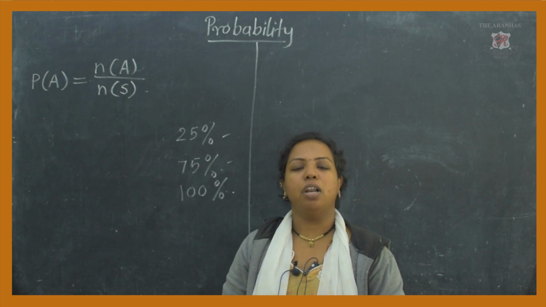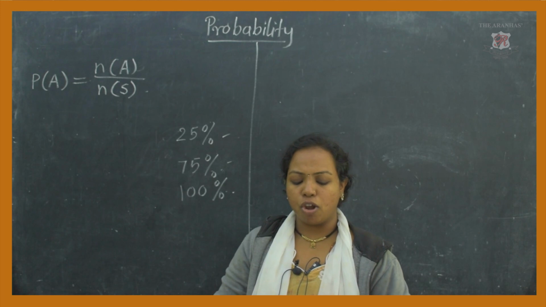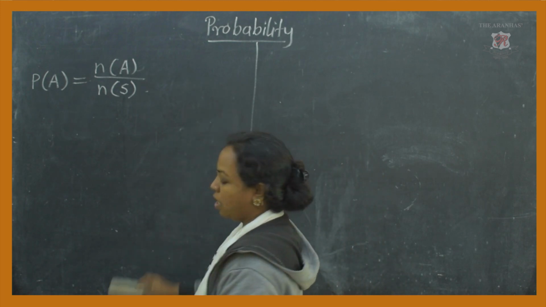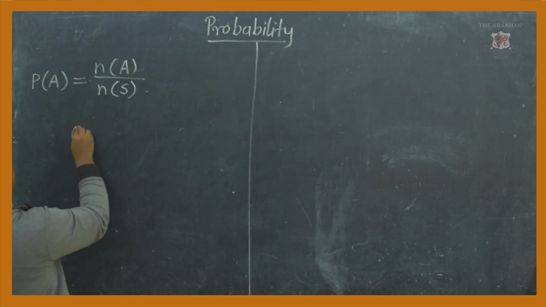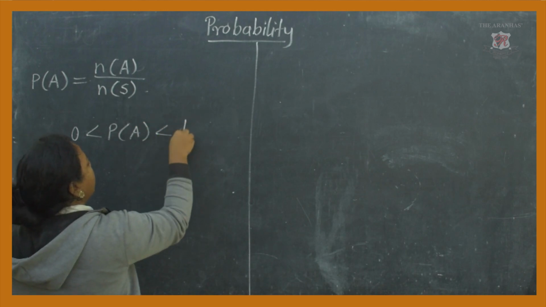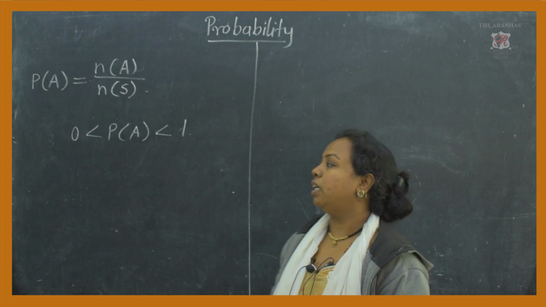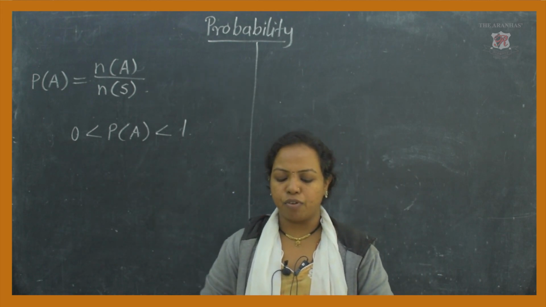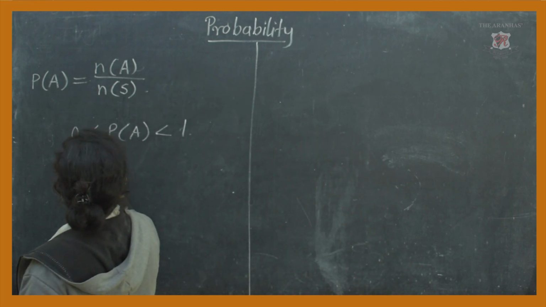Next, the value of probability is always in between 0 to 1. Whenever you are using a fraction value, it is in between 0 to 1. And for percentage, it is in between